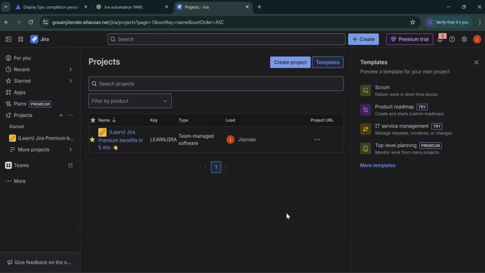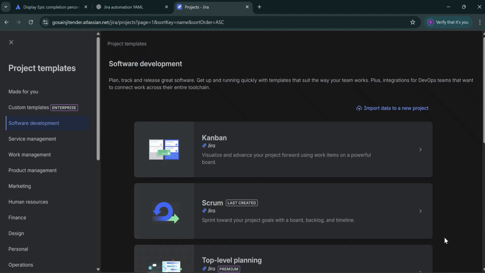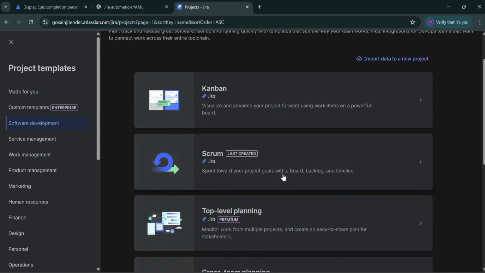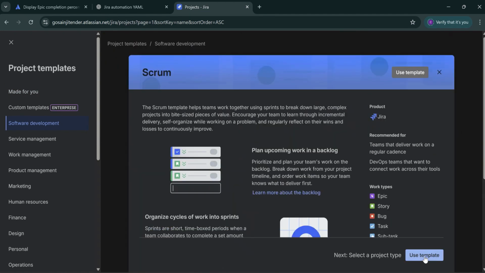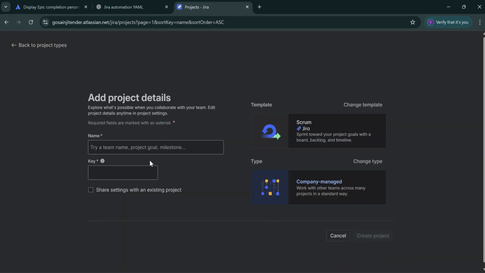So I am sharing one of the cloud instances of Jira. What we will do is create a fresh project in this particular cloud instance. In order to create a project, I can click on the create project button and select Software development from the left navigation. I can select Scrum here and we are using this particular template. I can select company managed project and let's name it